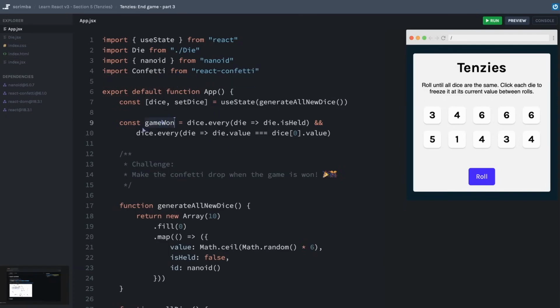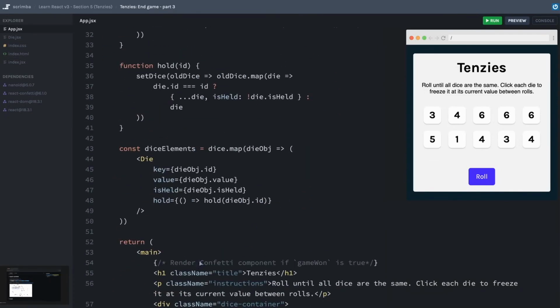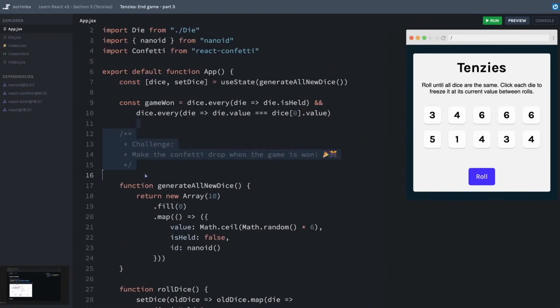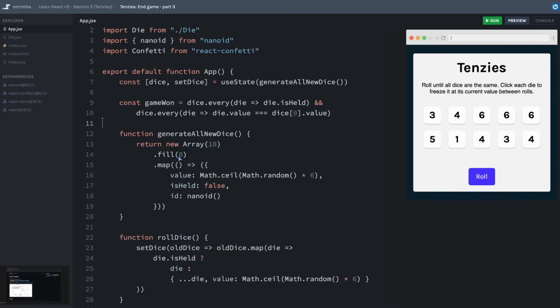We have our game1 variable here, which is what we will use to conditionally render the confetti component. So we'll say game1 and then render the confetti component. Like I said, it pretty much couldn't be simpler. Let's get rid of this challenge text, hit save, and I'll fast forward through this so that it's a winning